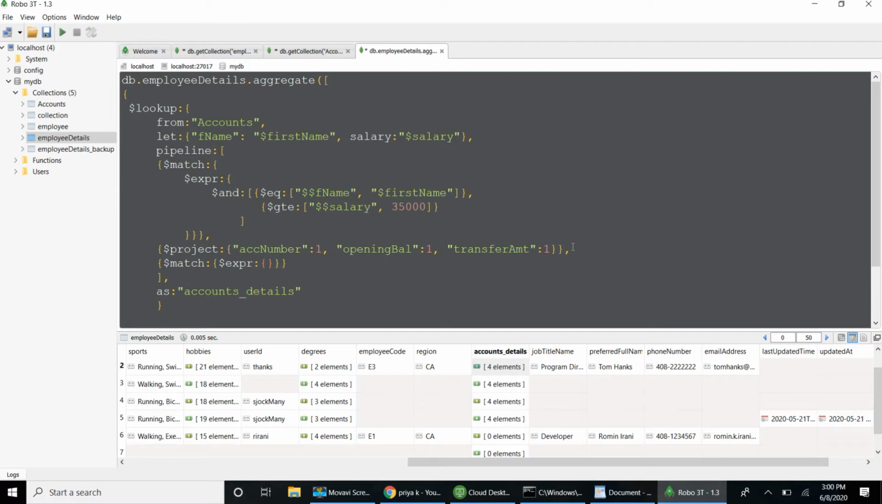Inside this $gte, it's an array. It takes two values. One is $transferAmount, greater than or equal to 10,000. So when I run this,